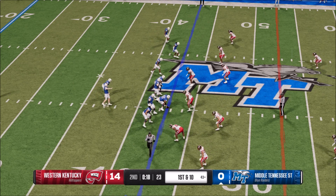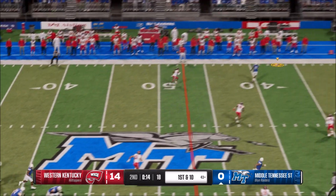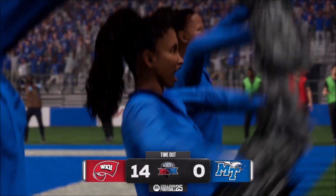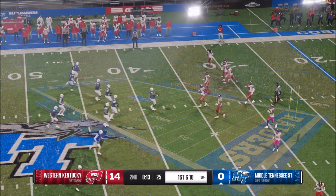This first half of offense won't go on the highlight reel so far, but starting to get things moving, it's 1st and 10. To the air, it's Battiato. Looking left. It's caught. They'll mark him down right there, but it is a big play, and they'll move the chains. We got a timeout here late in the first half,